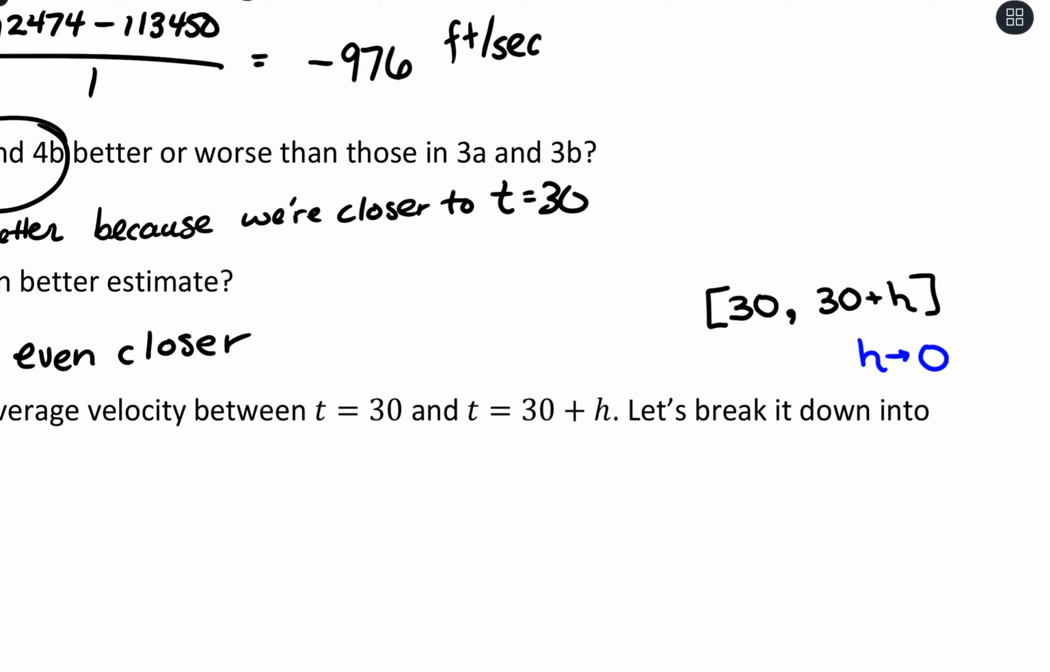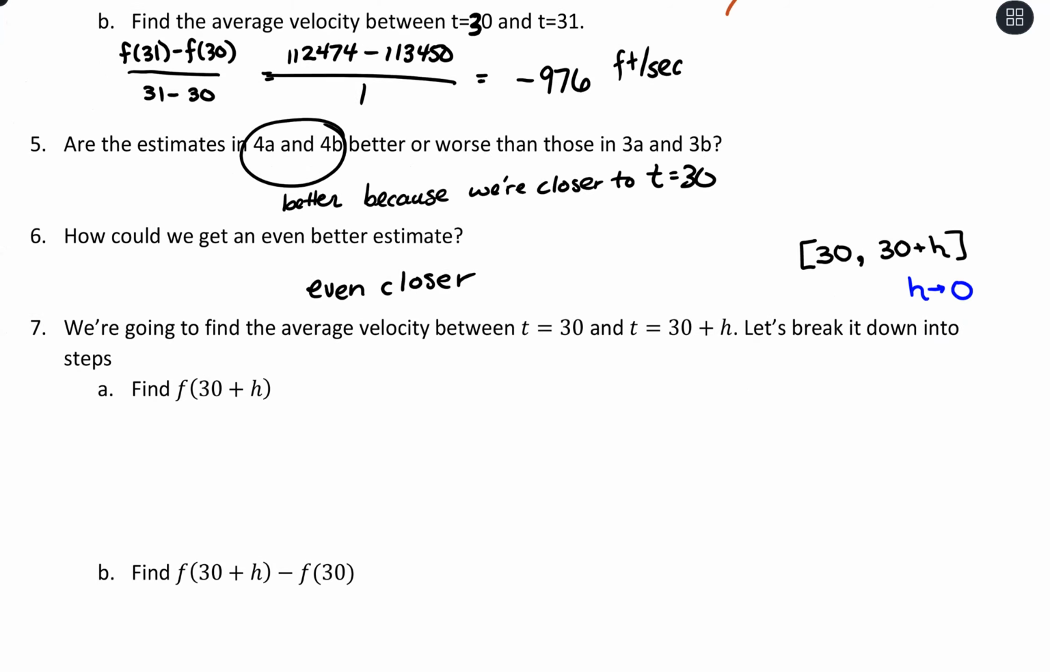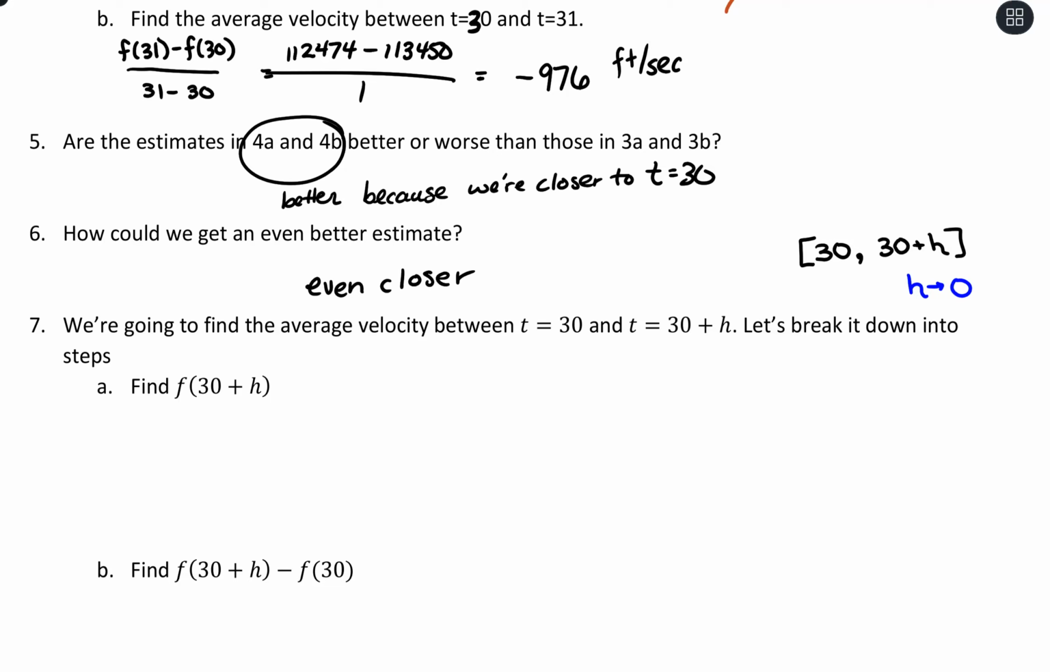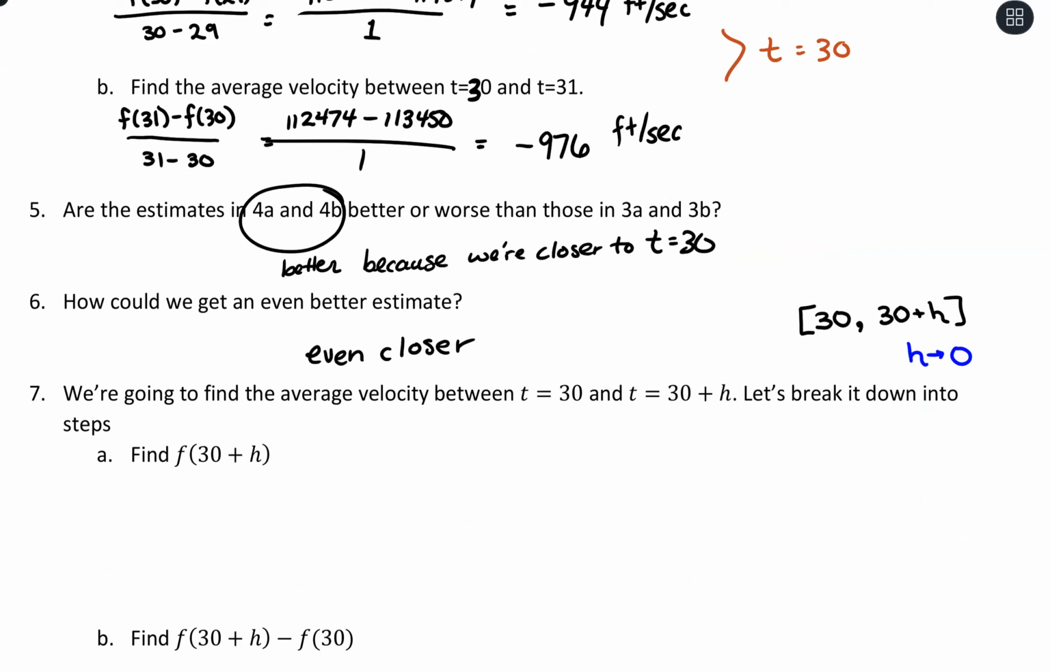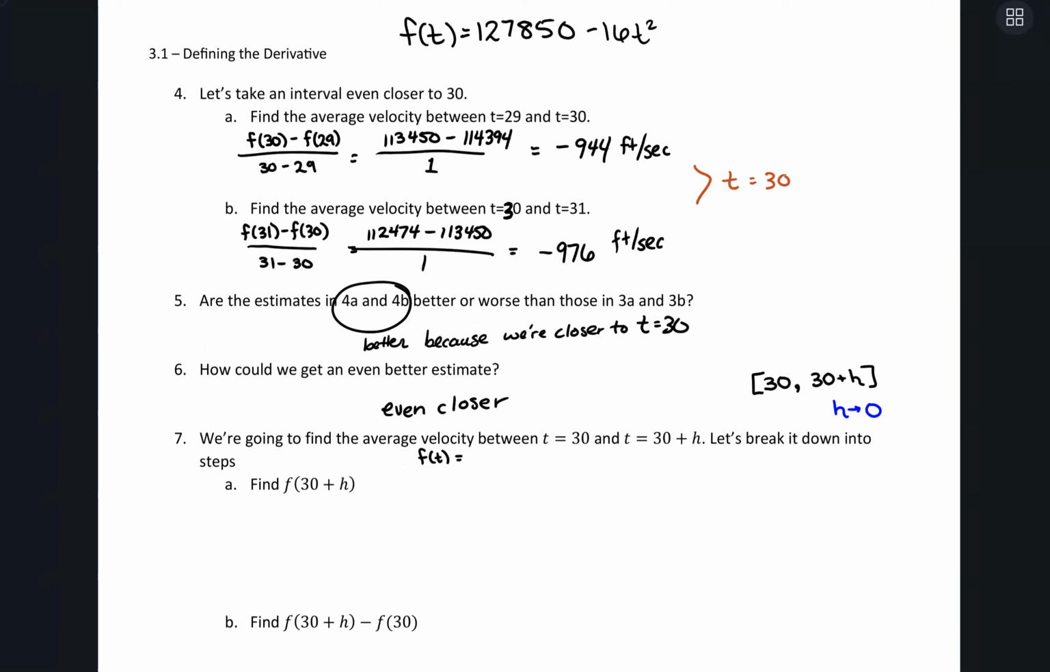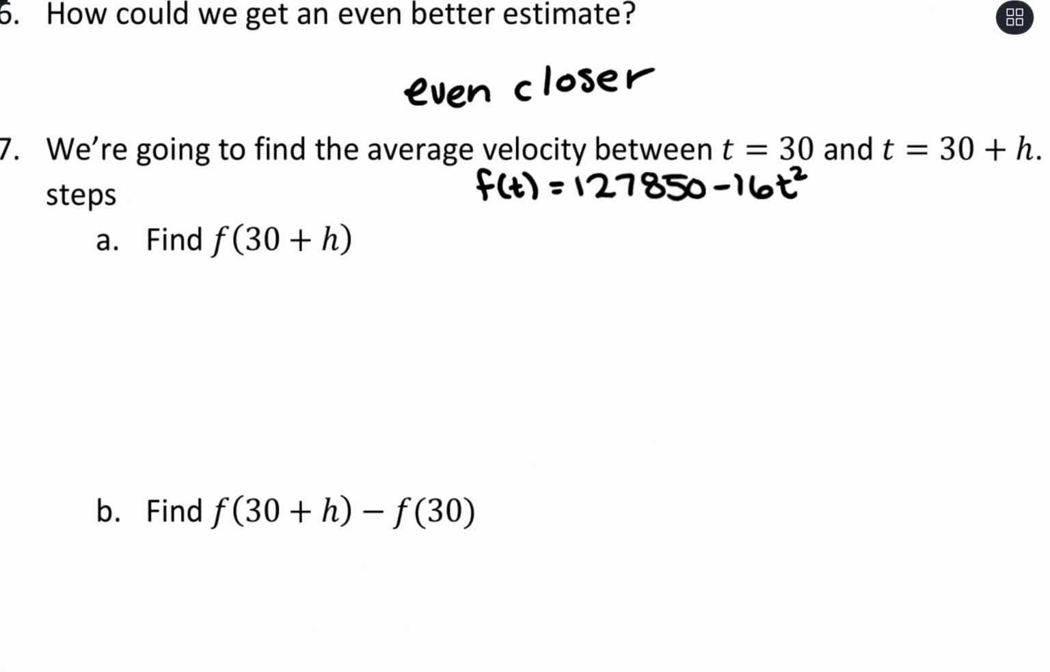So what if we're at 30 and just the teeniest fraction away from 30, what's our rate of change doing? So that's where we're going to make a formula for finding the average velocity between t equals 30 and t equals 30 plus h. So let's break this down into some pieces here. So again, our function up above, and I'll go ahead and write it again down here, 127,850 minus 16t squared. And where we're going to start is finding f of 30 plus h,